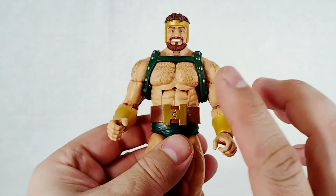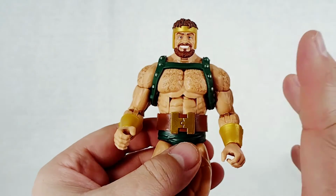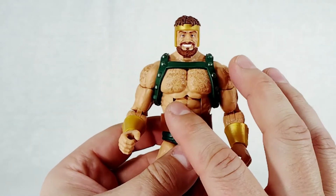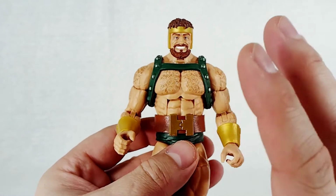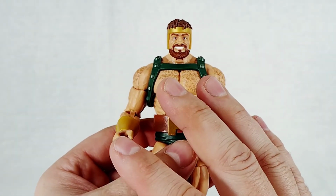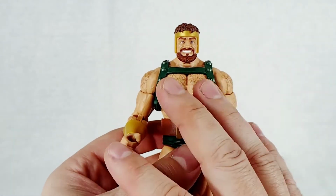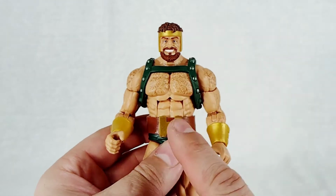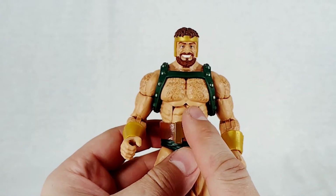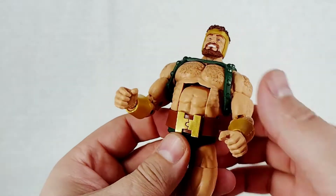I really prefer that ball-jointed ab crunch like on Thor and that McFarlane uses on his figures. This cut into the mold is ugly to me. In Classified it's kind of hidden because they're wearing uniforms and clothes. You don't notice it as much, especially if they're wearing a heavy vest that covers it entirely. But with Hercules here, bare-chested, it really stands out, especially when you crank him back like that,